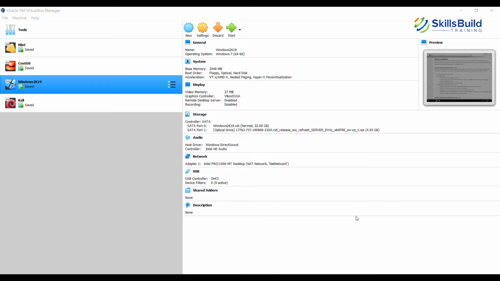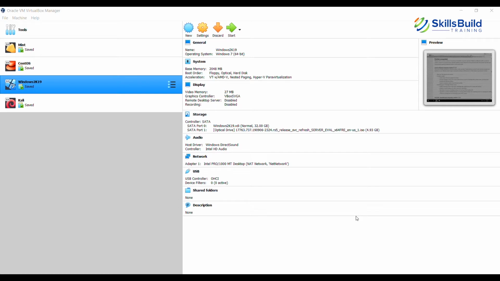First things first, before we even get to installing Windows Server 2019, let's talk about the product itself. Microsoft has two distinct operating systems. One is for the desktop environment: Windows 10, Windows 8.1, Windows 8, Windows 7, these are the desktop operating systems. But Windows Server 2019 is a server level operating system.